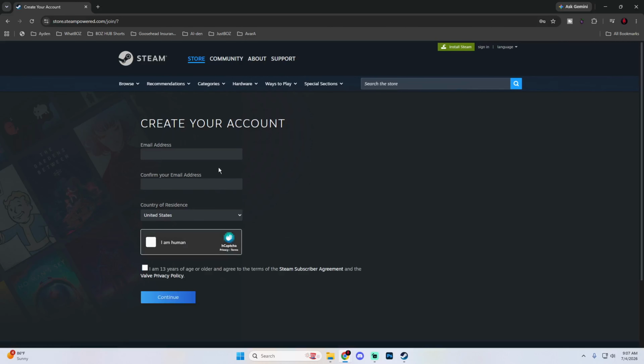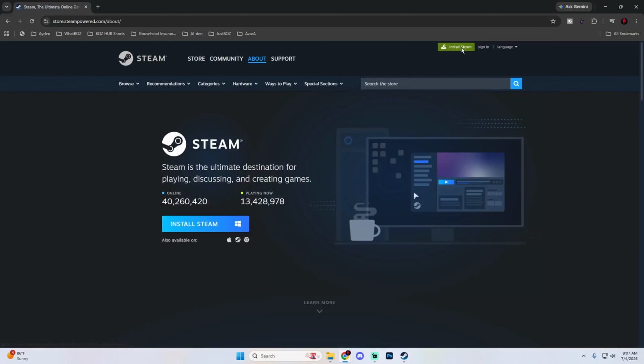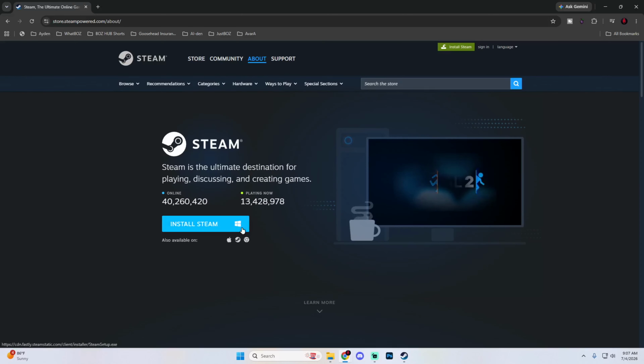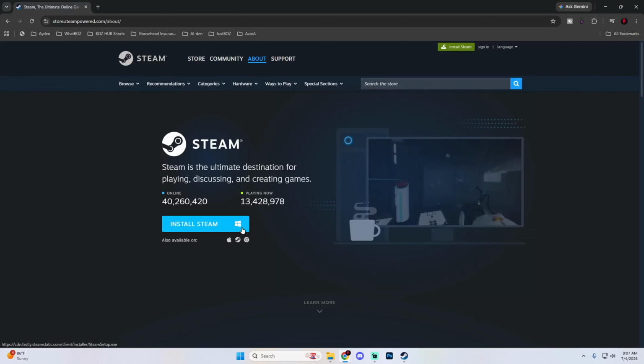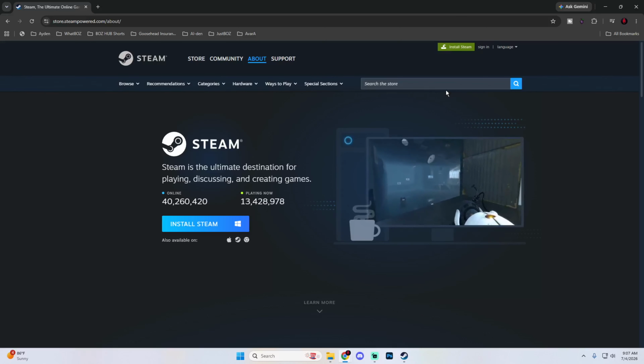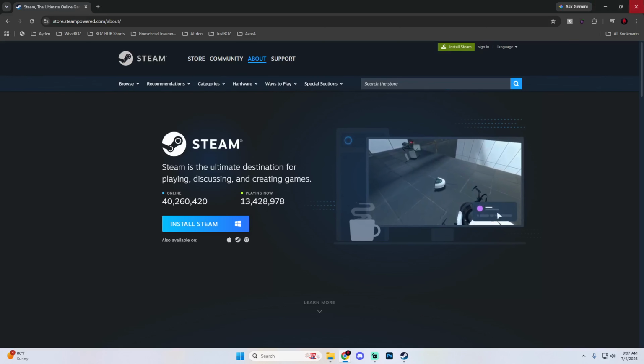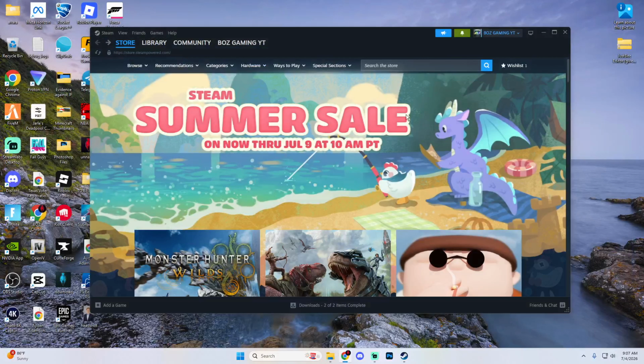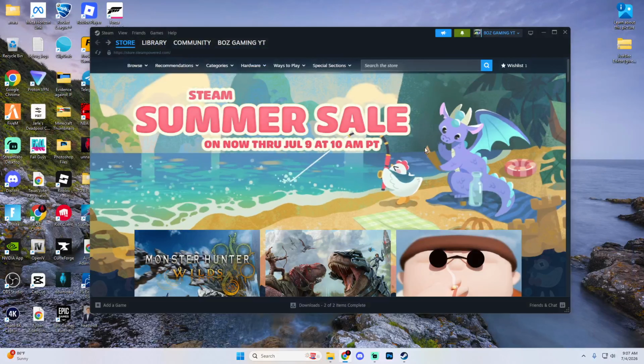From there, after you have your account created, hit install Steam. And hit install again, and it's going to download the installer for you, which you just need to select and go through the setup process. It's going to ask for permission. Make sure you hit yes on that. When it finishes, just go ahead and say run Steam, and then boom, just like that, you now have Steam,